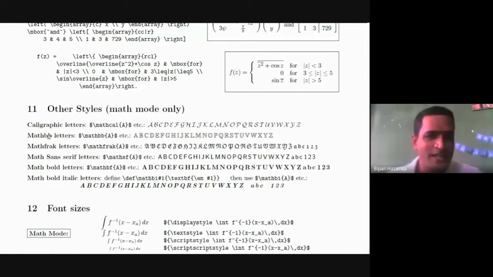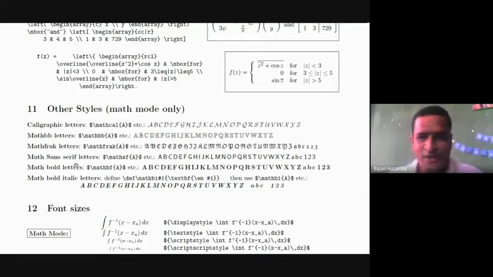Then math bold font. These are the math bold font. Then math fraktur form. So these are the curly styles, and curly style letters we can write in this way. This is the mathematical command to write these letters.